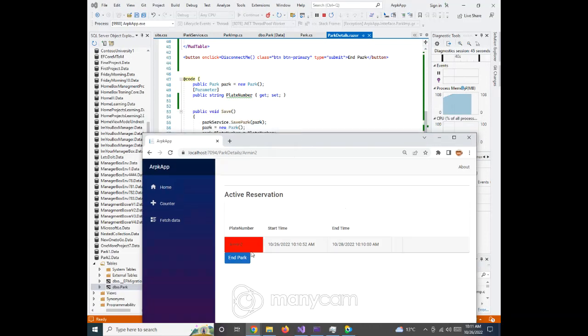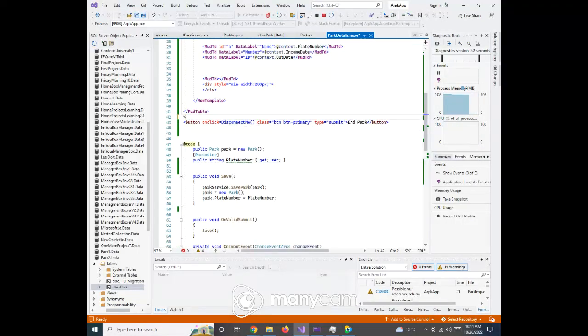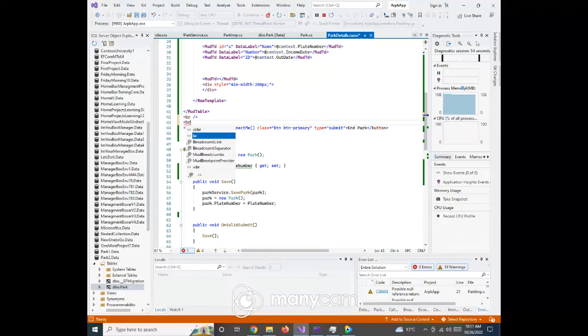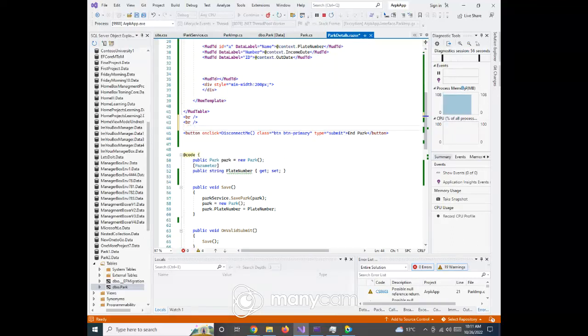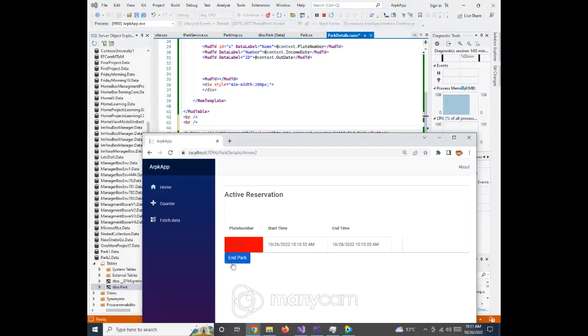What should this button be doing? Actually, we want this button to disconnect us from the server. I'm not going to implement this button right now,